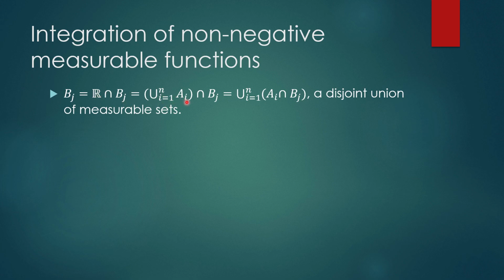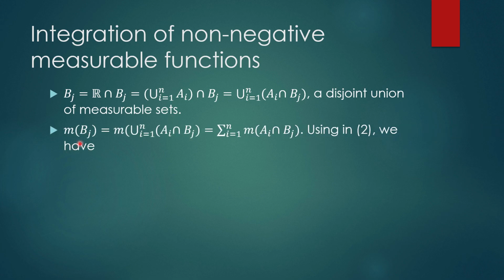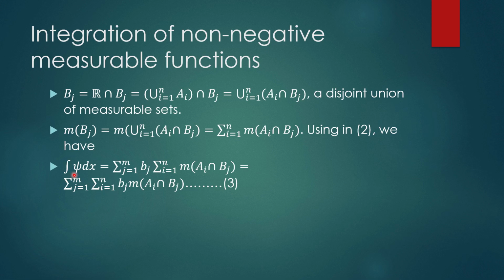of ai intersection bj. That you can write in this form: union, i running from 1 to n, of ai intersection bj, a disjoint union of measurable sets. So the measure of bj is equal to the measure of this set, that is the sum, i running from 1 to n, of measure ai intersection bj. So using (2), we have the integration of psi dx is equal to the summation, j running from 1 to m, of bj times m bj, that is the summation, i running from 1 to n, of m ai intersection bj,